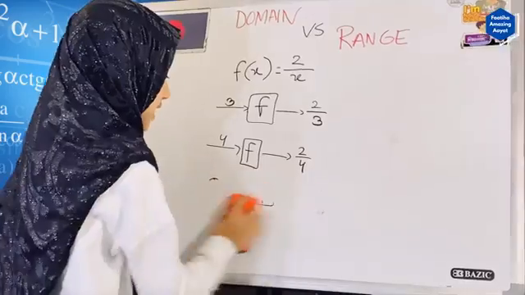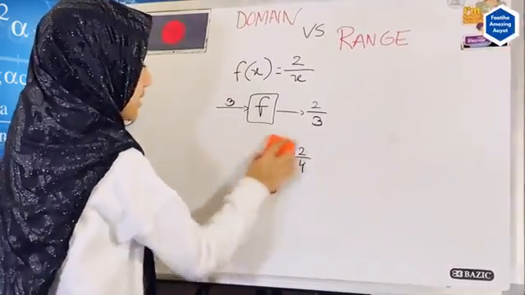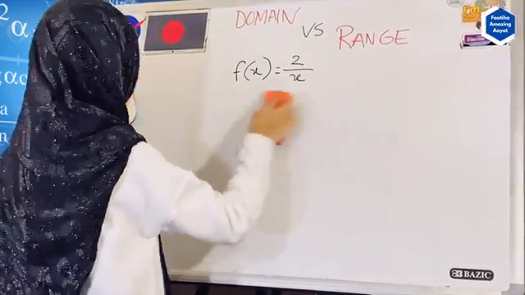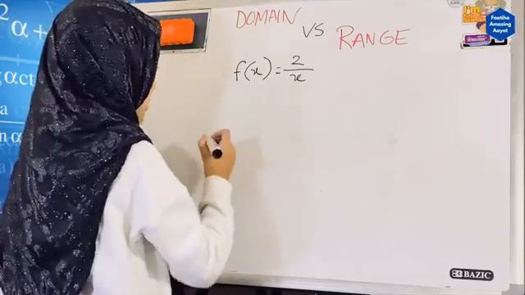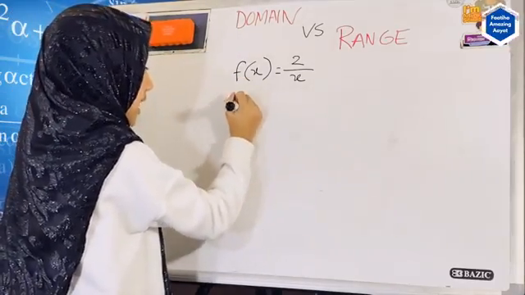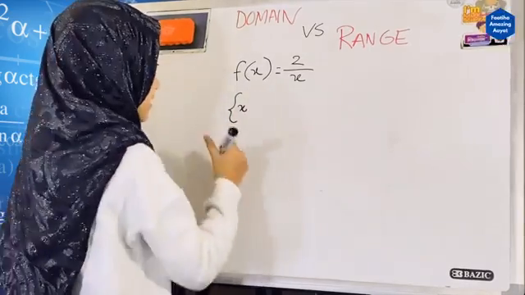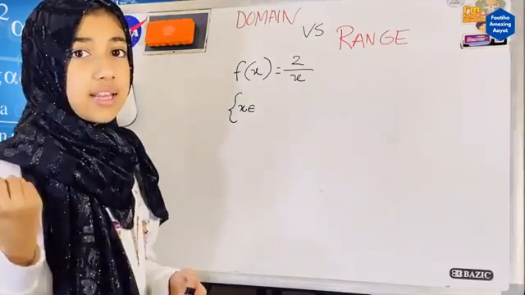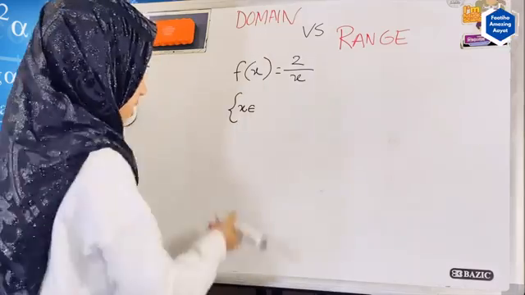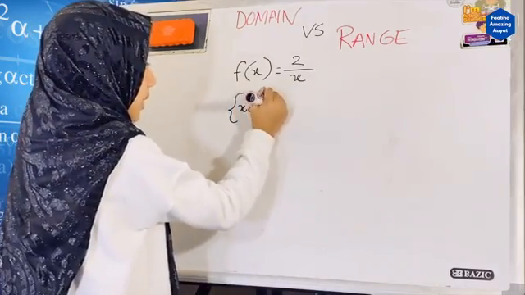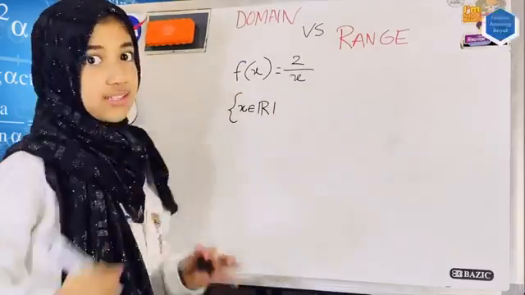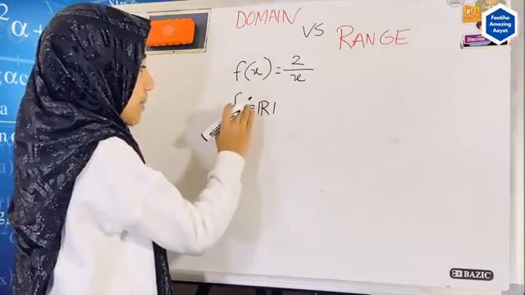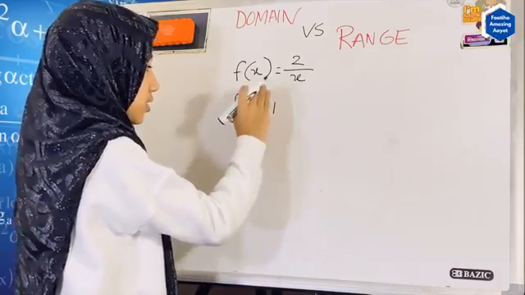So let's erase this, and then I'll show you how to write it in the mathematical way with all the domains. So here, let's write that. We put this bracket and we write that x is epsilon. Epsilon is a Greek letter, and it actually represents that x is a member of. So we can say x is a member of real numbers, and this straight line right here is actually "such that". So let's say it in a sentence. x is a member of all the real numbers such that